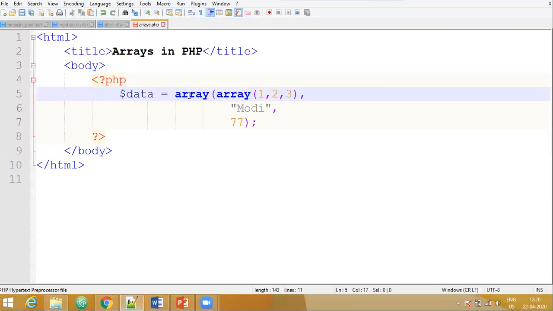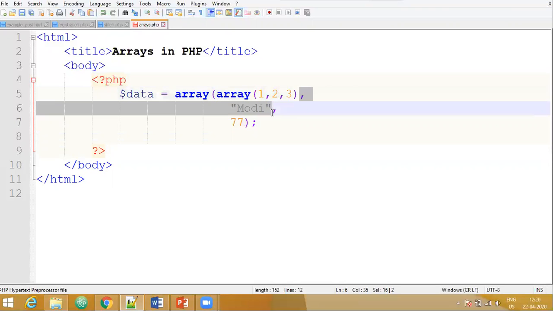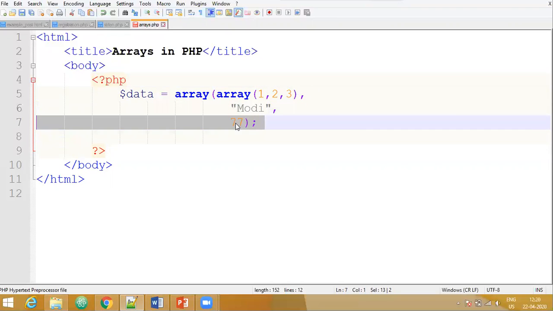Now inside that array the first value is again an array, the second value is Modi, and the third value is 77. So now if I want to access a value, the first value has the index 0, the second value has the index 1, and this has the index 2.